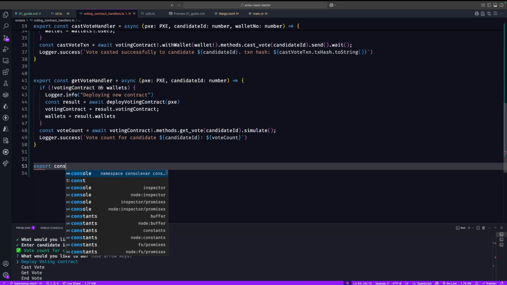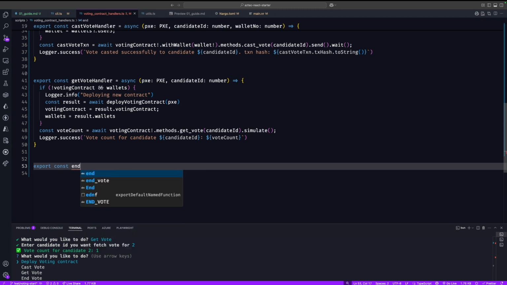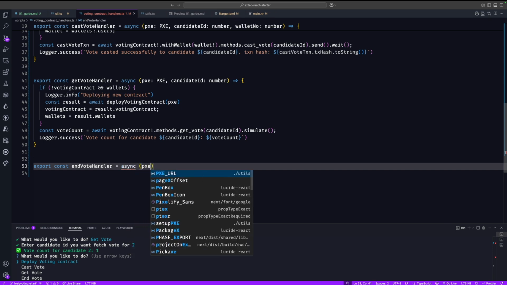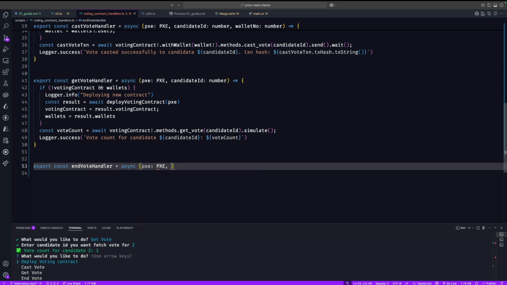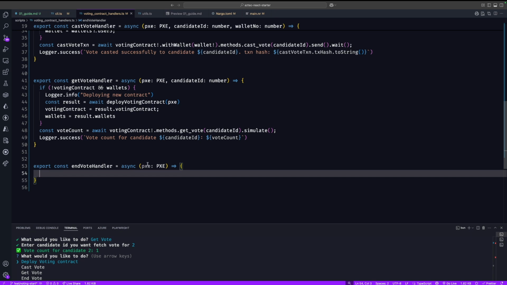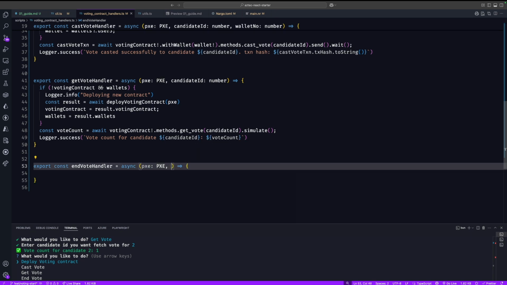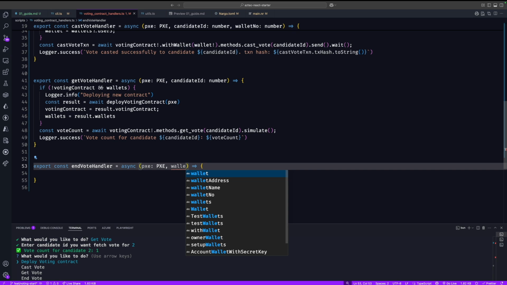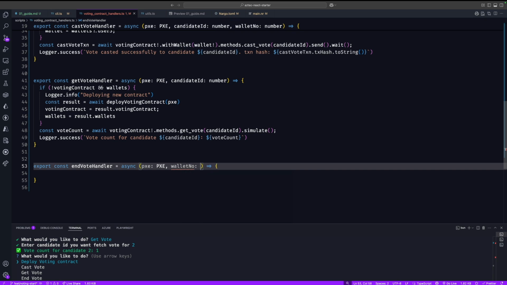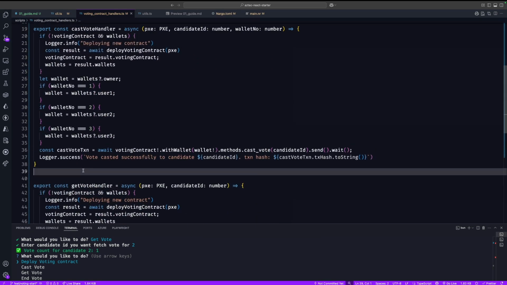Export const get end vote handler is equal to async, takes candidate id, not no candidate id. Here we don't need candidate id. Okay, here also let's take the wallet number, because we want to also try to end vote with different wallets other than admin wallet. So since we already have this functionality,